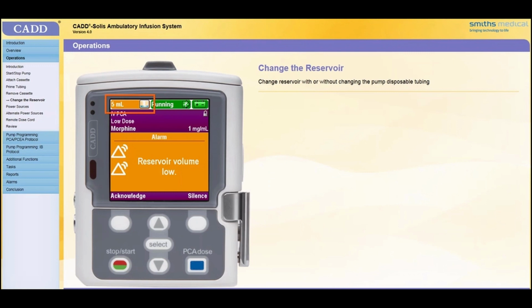To correct a low reservoir condition, a new reservoir needs to be attached and the reservoir volume needs to be reset to match the volume in the new reservoir. Following are instructions for when the CADD medication cassette reservoir or the CADD administration set needs to be changed, as well as instructions for when only the IV bag on the CADD administration